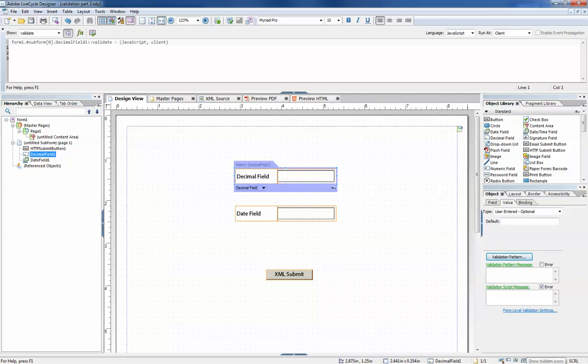In the next video, I'll show you various convenience functions you can use with FormCalc to accomplish very complicated